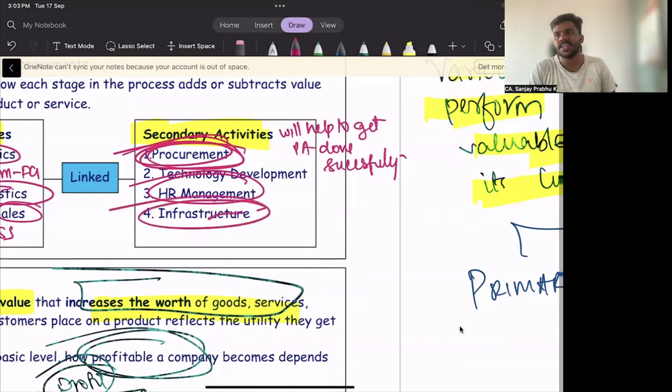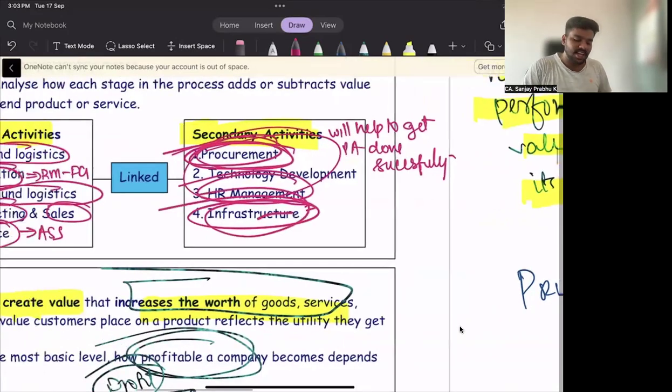Then comes infrastructure. Infrastructure means not only the total organizational structure we are discussing, it also includes how we are going to raise the fund. See, in order to do all these things, we need paisa, right? We need money, right? So how are we going to raise the fund? All this comes under the topic infrastructure. So basically,